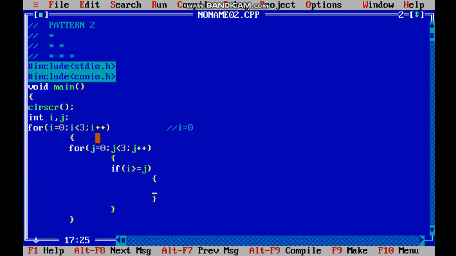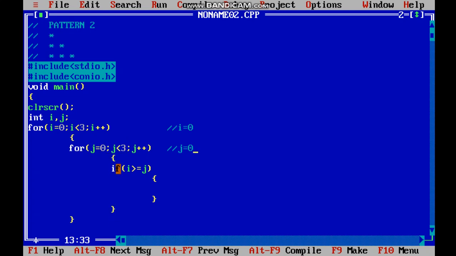Okay, now see guys, as soon as I wrote this code, I is greater than or equal to j, let us understand what it is. See, the I value is 0, it is fixed. Now please focus here for a while. Now coming to this loop, j equals 0, and 0 is less than 3. Now we have j value equal to 0 only. So it is true, and then it will come inside the curly braces of the for loop.